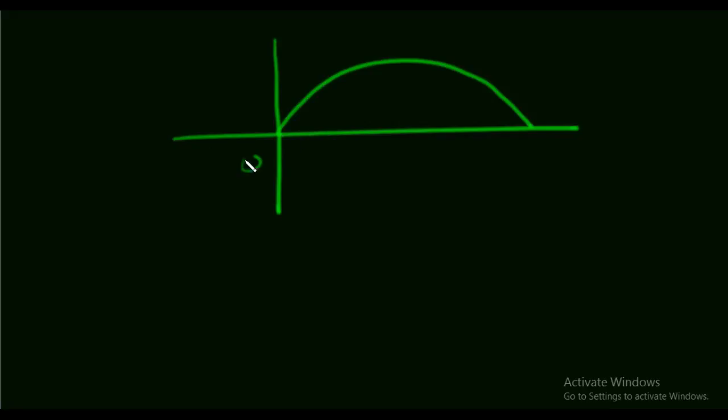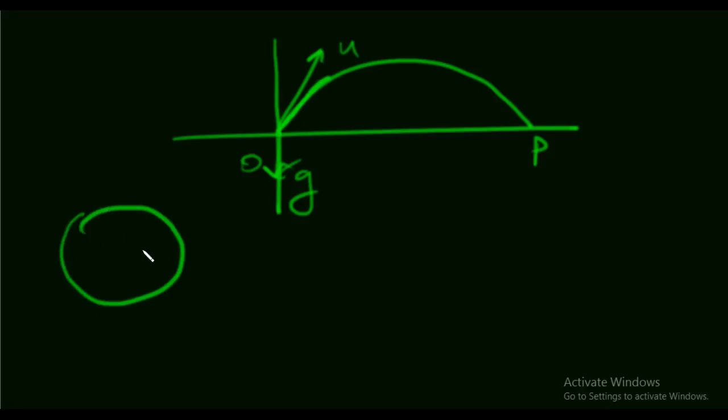Also, we can do this by another method. For example, this is a projectile, this is O and P, this is u, this is g. We have to find the radius at O. So we assume a certain segment of this to be circular. For example, we have seen in circular motion that the velocity and acceleration are perpendicular to each other. Okay, we have seen this v and a. That's why an object goes along a circle.